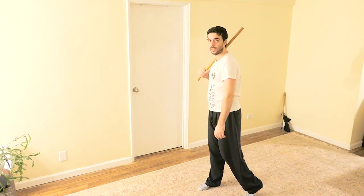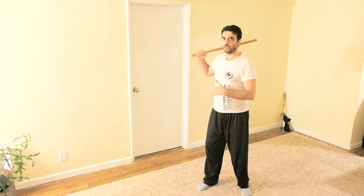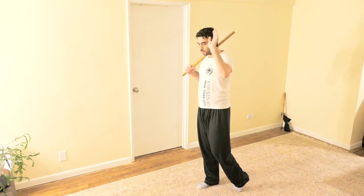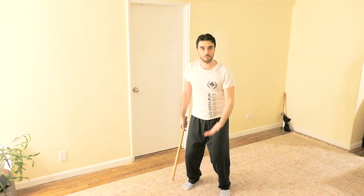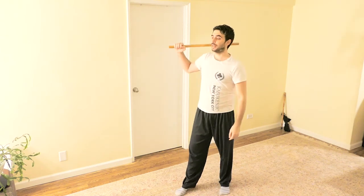in the same position, okay? Can you do it like this? Yes, it's okay, but get used to finishing in this position, okay? So 12 plus 1. One more thing that I was going to say about the basic strikes is not only about the footwork, not only about the angles, but also keep in mind that every distance will have a different way of executing, okay? As I said before, when you're short range, super short range, there's no way I can use a stick. I'm going to use the padding on my fist,